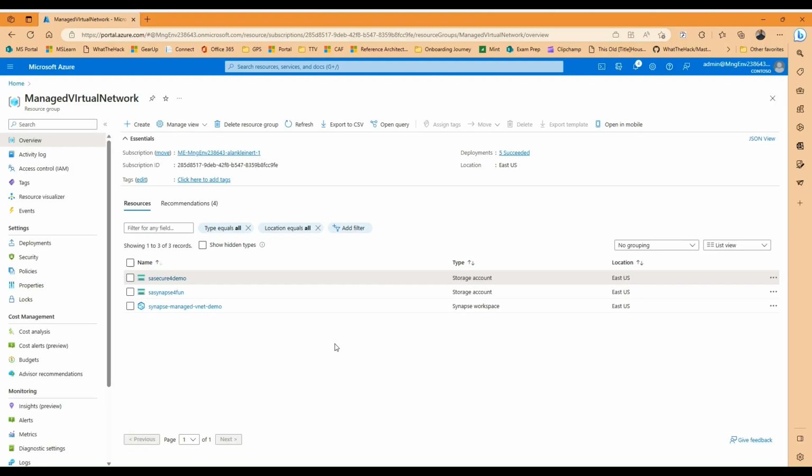So the first thing that we're going to do is go through the setup of creating a Synapse workspace with a managed virtual network. So this has to be done on deployment. So whether it's via portal or whatever DevOps deployment strategy you have, Bicep, ARM, etc., it has to be done and enabled during deployment. You can't do it after the fact. So I've already created some storage accounts and a Synapse workspace to save some time for setting up the managed private endpoints. However, we're going to go through how you would create and set up that deployment for a managed virtual network. So we go to create,